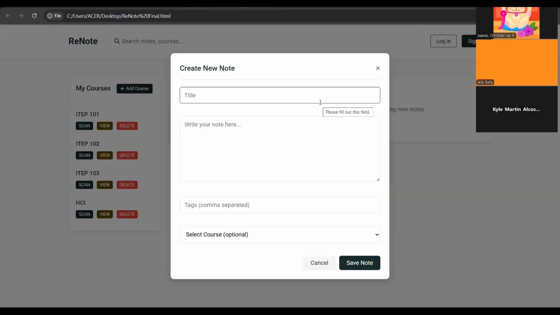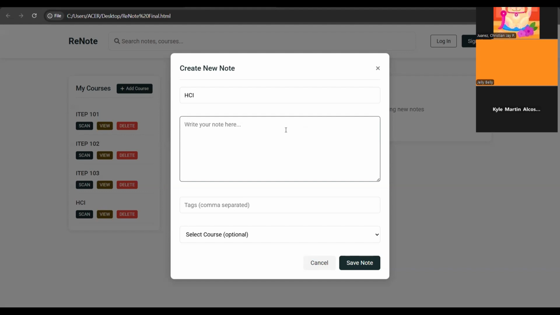You can add different titles that you want to learn. For an example, HCI, then write your notes here. Any notes that you want to add can be added in this part.